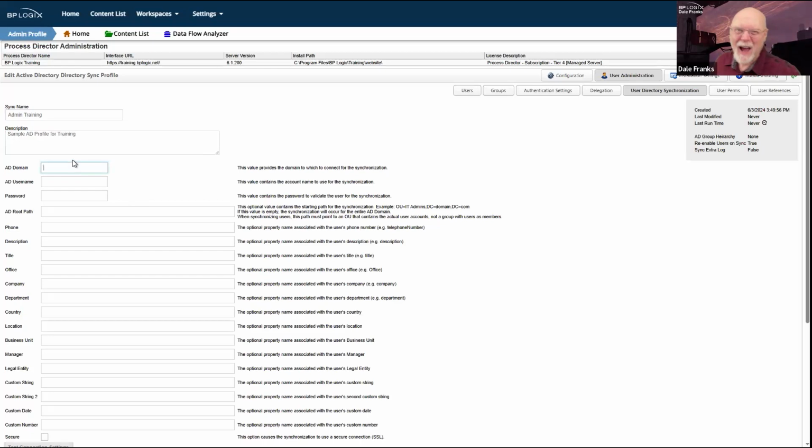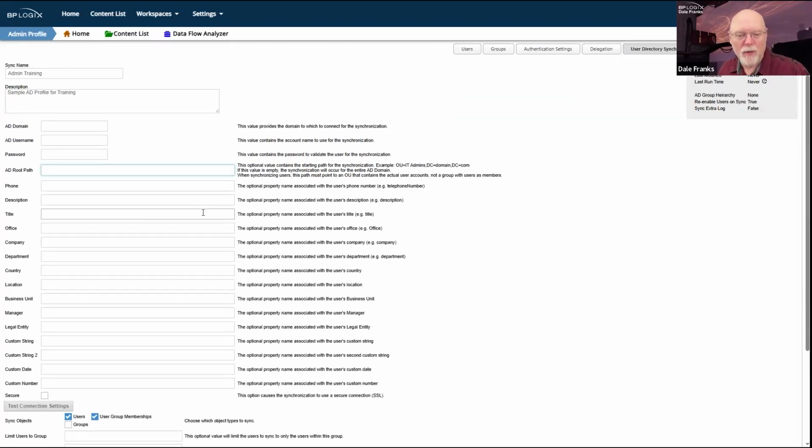I'm not an Active Directory guy, so I don't really know how Active Directory works other than at a very high level. So I need that full domain and every OU in that domain that I want to synchronize. I need the AD username and password that enables access to that Active Directory domain or domains so that it can pull the values. And of course, I need the Active Directory root path.